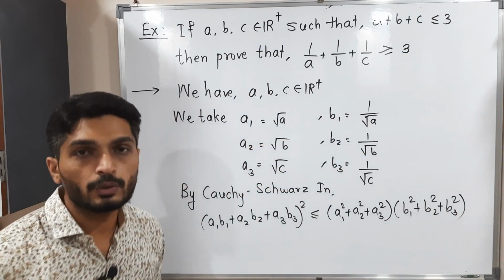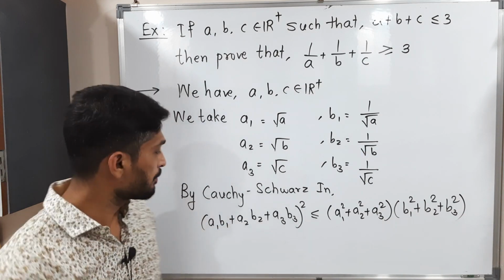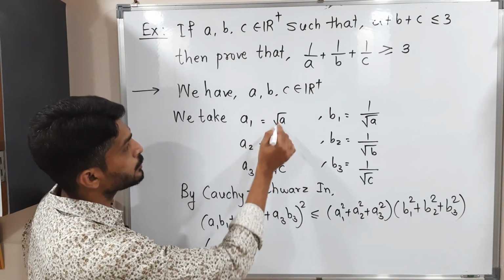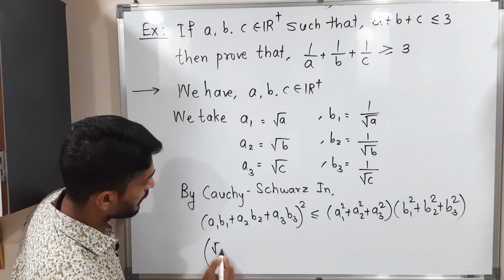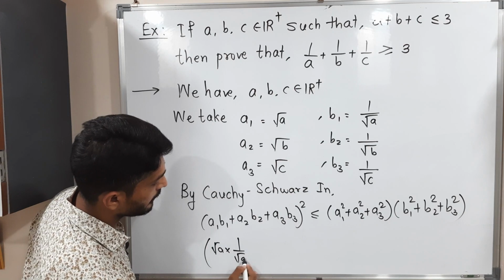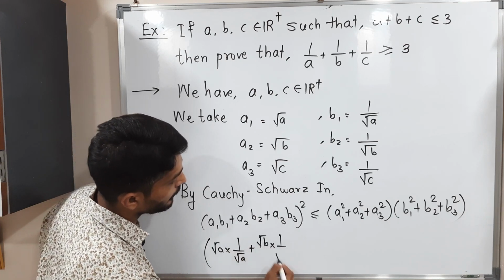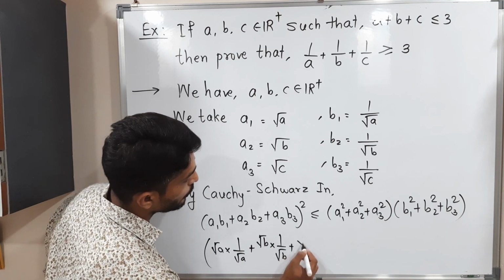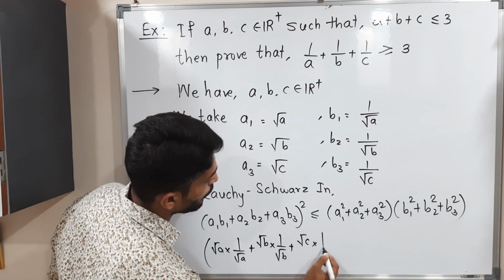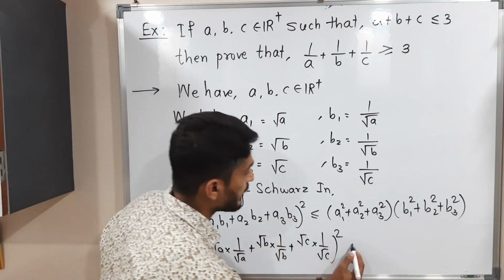Because of Cauchy-Schwarz inequality, we could write it. Okay, so let us put their values. What is A1? We have those values here. So therefore, (root A times 1 upon root A) plus (root B times 1 upon root B) plus (root C times 1 upon root C), the whole square, is less than or equal to